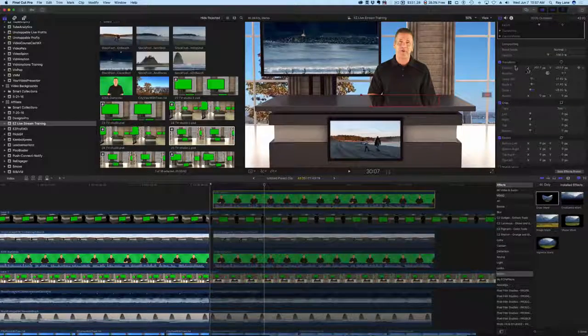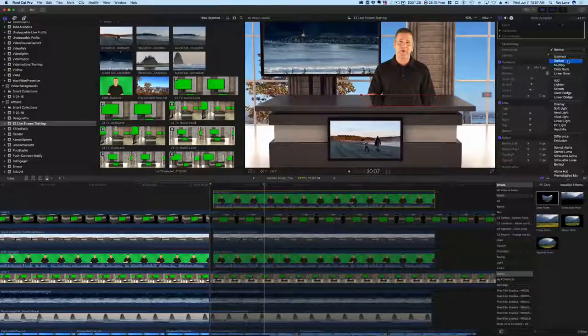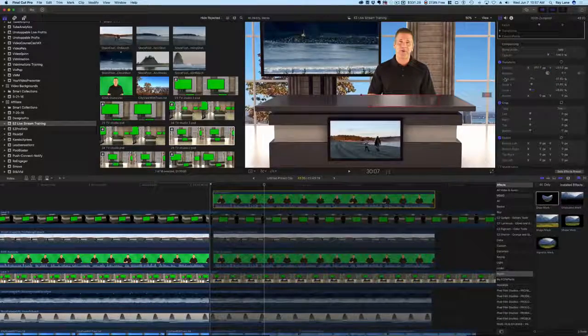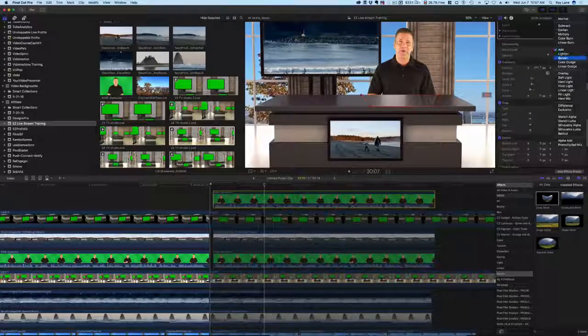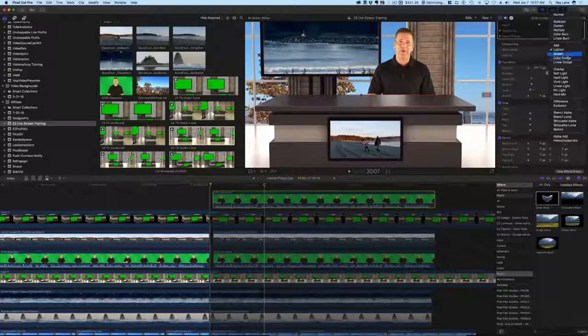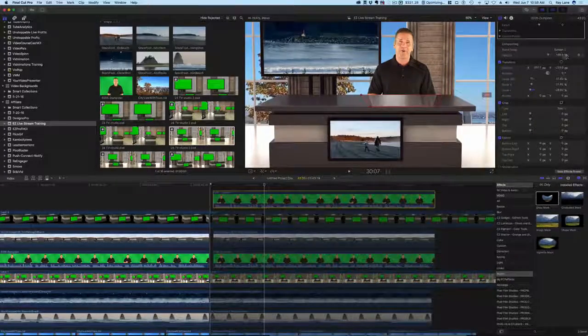So for instance, if we switch this from a traditional mode, we can try a few different things like darken, which is not really going to make much of a difference. We can do add, and you can kind of see it gives a nice reflective area there, but not quite what we're looking for. So we're going to put lighten and see if that helps. No, that doesn't do it. Screen might do it. So that's actually pretty good. You can see it puts a nice screen into there,